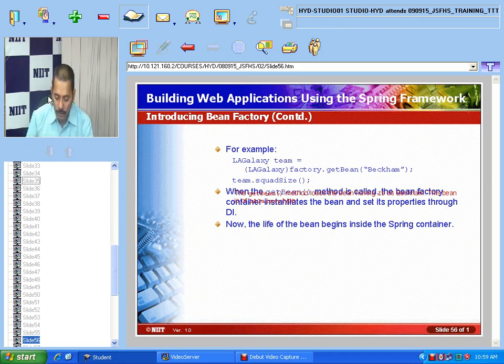Fine, we'll take a small break here and come back after 15 minutes, and we'll discuss the life cycle of the bean and the different steps which need to be followed for the life cycle of the bean. Then we'll move on to the other features of the bean and how to create it. Any questions now? Fine, so let's take a break of 15 minutes and come back and have the discussion.